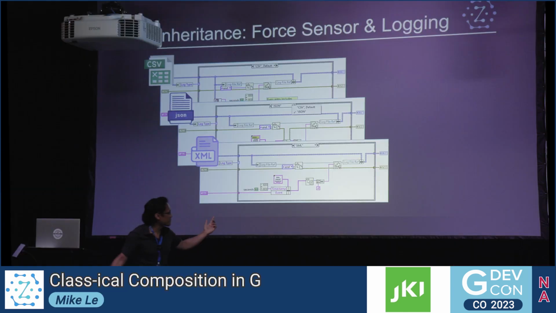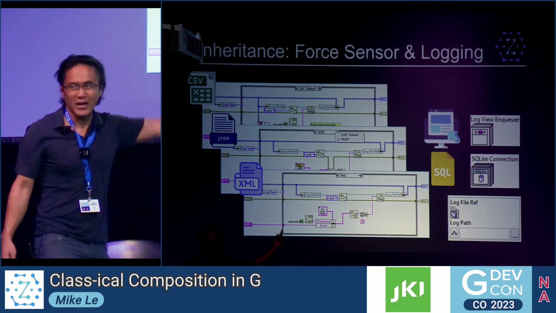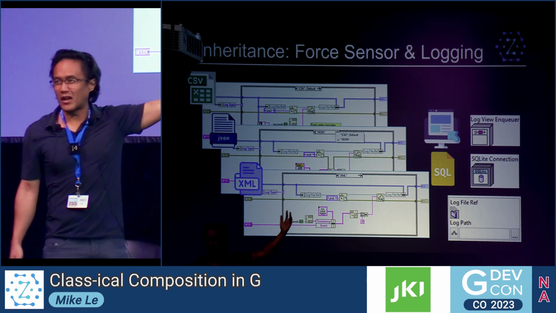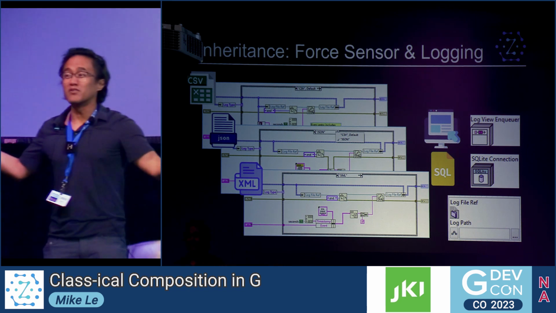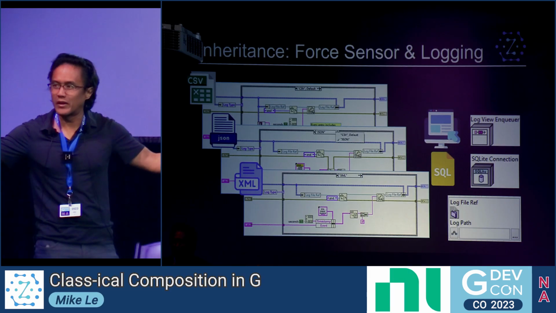So I'd say that one issue is that your base class all of a sudden is relying on a lot of things. You might have a lot of stuff in your private data all of a sudden. You might have enqueuers going to like a GUI. You might have an SQLite library dependency. You have these log references that might not be used in every case, right? It's super overloaded. And what's wrong with overloading? Well, I'll get into that later, I guess. But it breaks encapsulation for sure, right? This is not ideal.